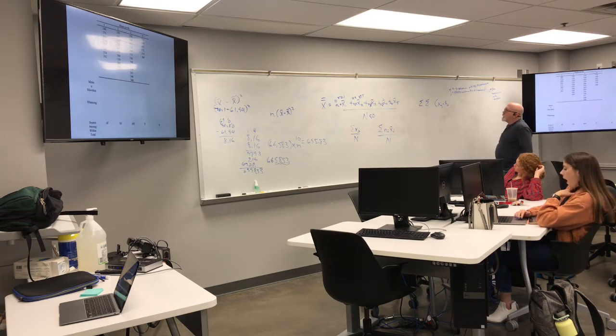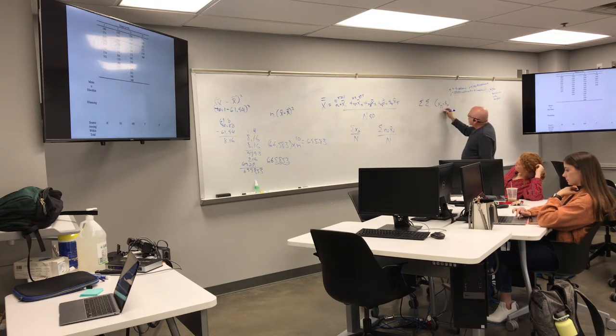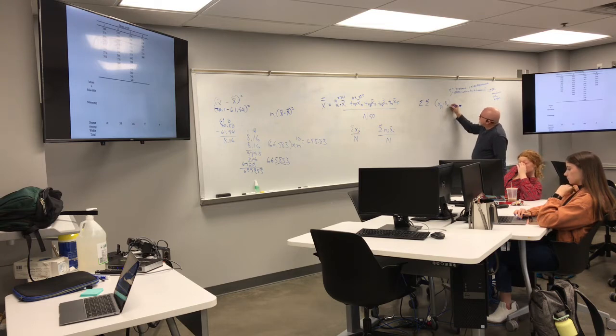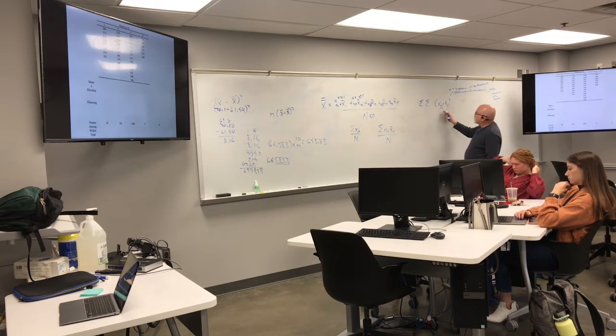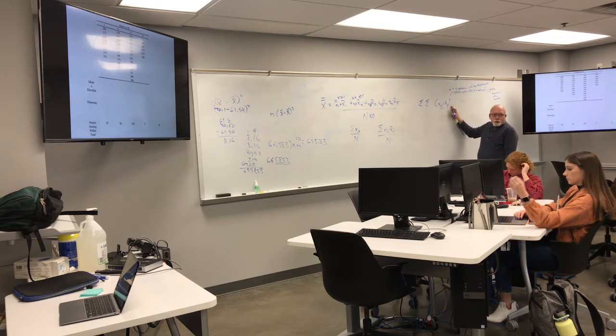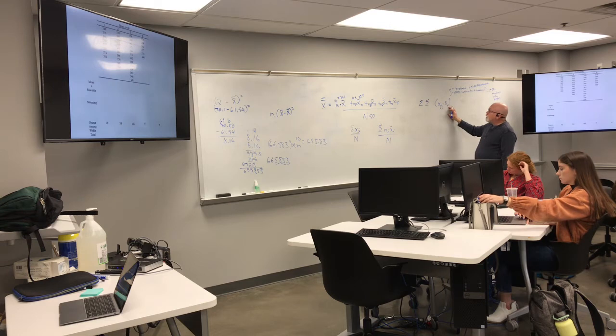So what you do is, within treatment 1, you take the first value minus the mean of treatment 1, square it, plus the second value in treatment 1 minus the treatment 1 mean, and square it, plus the third variable in treatment 1 minus the mean of sample 1 squared. You do that for all of sample 1,